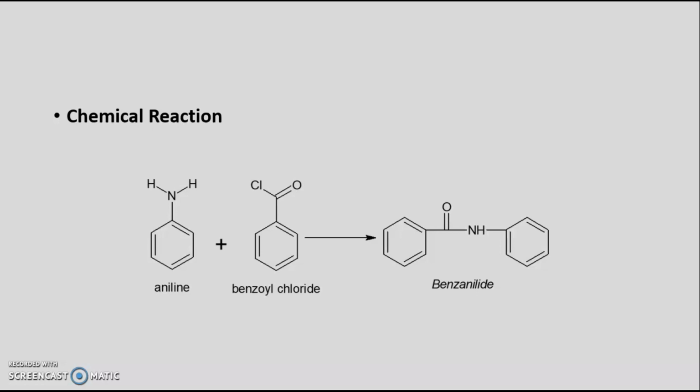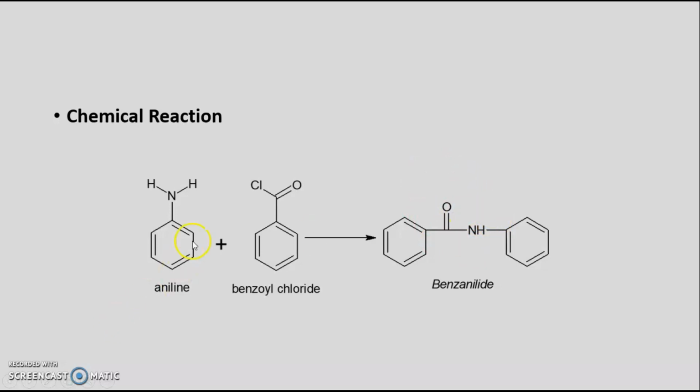Now this chemical reaction is known as the Schotten-Baumann reaction. What is the meaning of the Schotten-Baumann reaction? Generally, either phenols or aromatic amines give this Schotten-Baumann reaction positive. When aniline is reacted with benzoyl chloride, or phenol is reacted with benzoyl chloride, when amines are reacted with benzoyl chloride, it leads to the formation of the amide functional group. Here you can see benzanilide consists of the CONH functional group, which is known as the amide functional group.